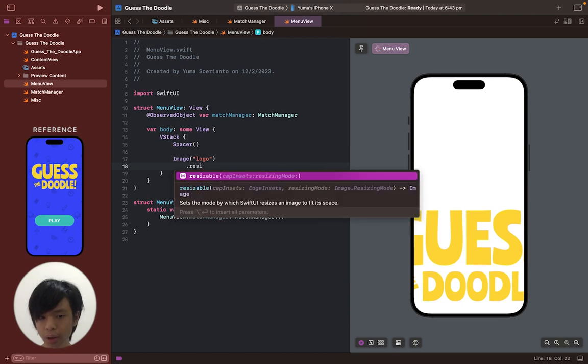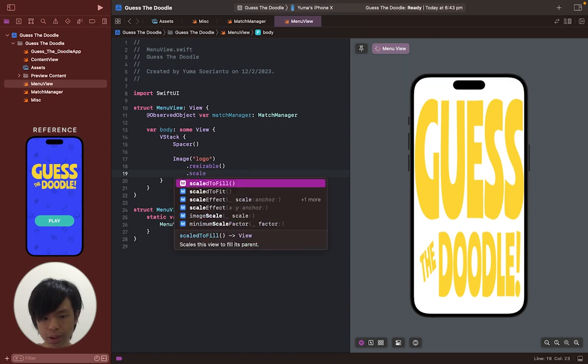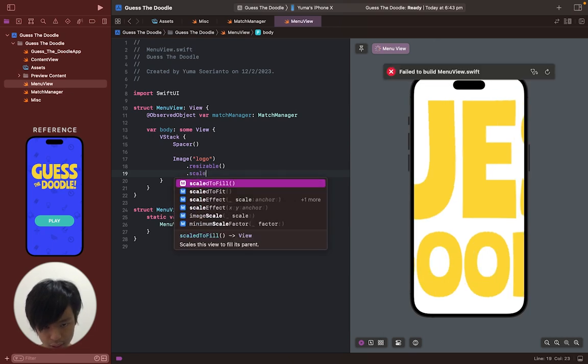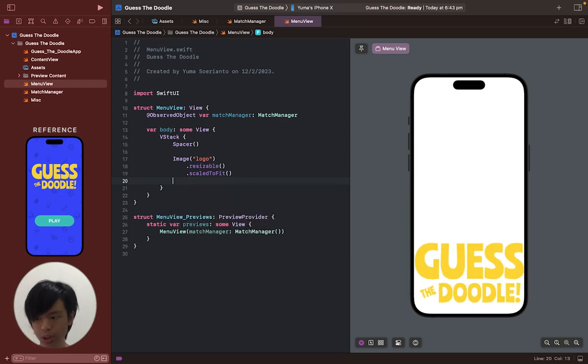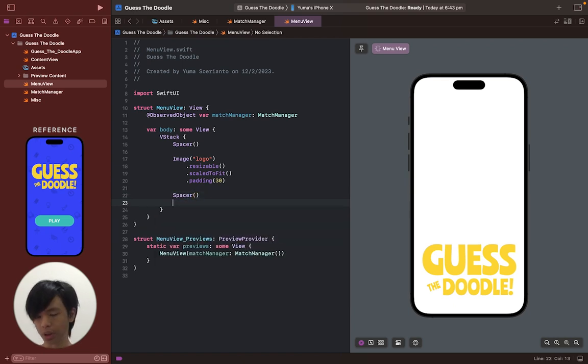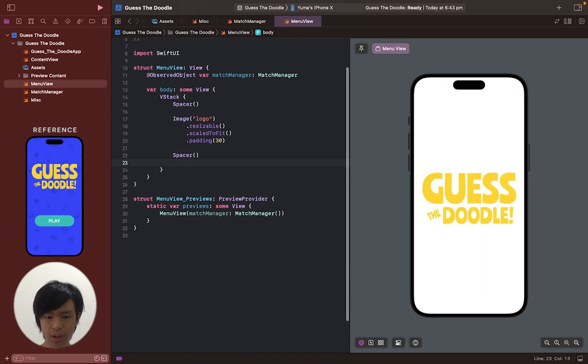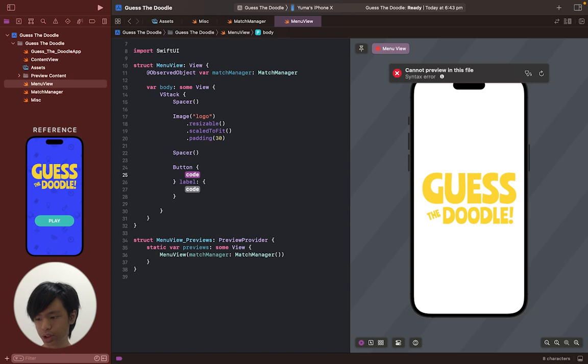And we can add some modifiers, which will modify our view, or in this case, image. Make it resizable, make it scaled to fit. We're also gonna add, let's see what it looks like. It's too close to the edges, we're gonna add a padding of 30 pixels. Okay, cool. Add another spacer just so it's not down at the bottom. And there you go. And we're also going to add a button. Press enter twice, just fills everything in for us. Well, most of the things. Here I'll just add some placeholder, or I'll just say to do